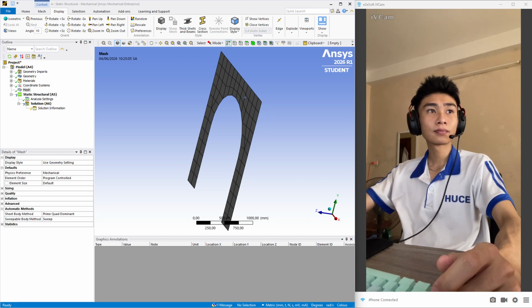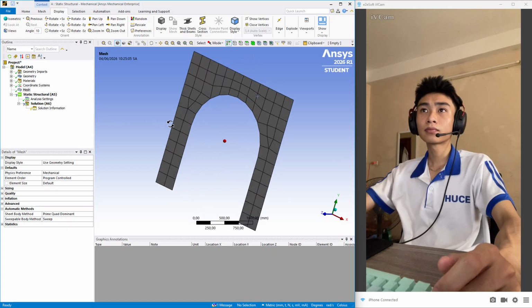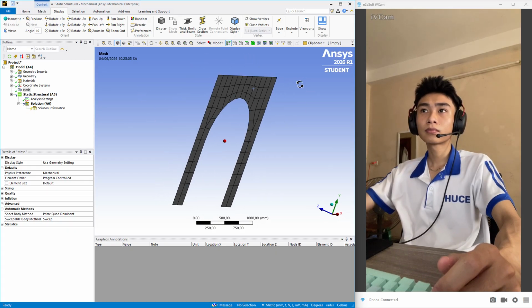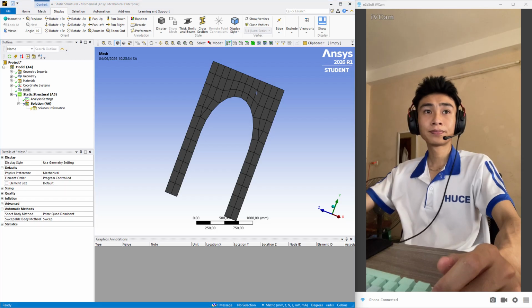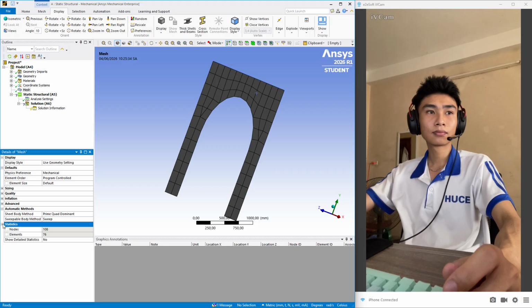We will check what type of elements it has used in statistics. At statistics we can see that there are 96 nodes created and 65 elements present. And one more thing you will see in mesh metric, we can select element quality,